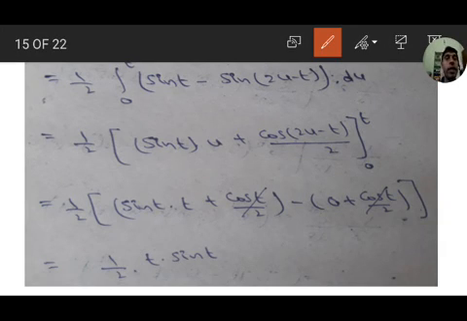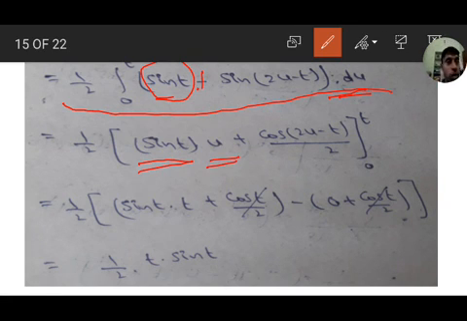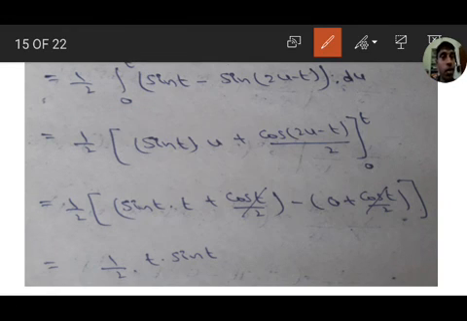That is, we got 1 by 2 into integration 0 to t of sin t minus sin of 2u minus t du. Sin t is a constant with respect to u, a coefficient outside, as it is 1, we get here integration of 1 du, that is u. Okay, sin t into 1, so we get integration u. Next, integration of sin of 2u minus t, here already there is a minus. Okay, here sin t into 1, minus is there, therefore minus of minus plus cos of 2u minus t